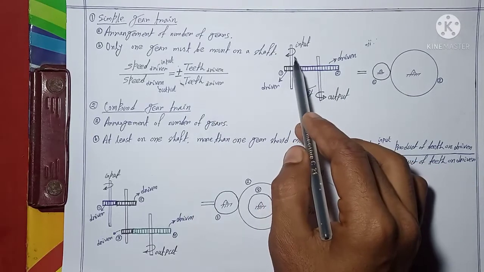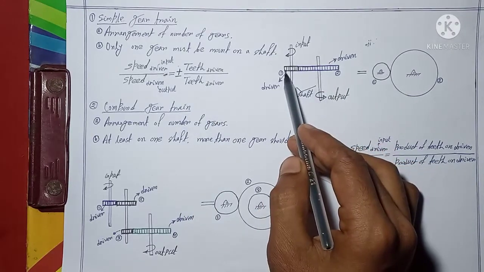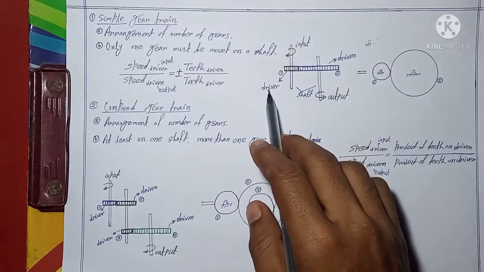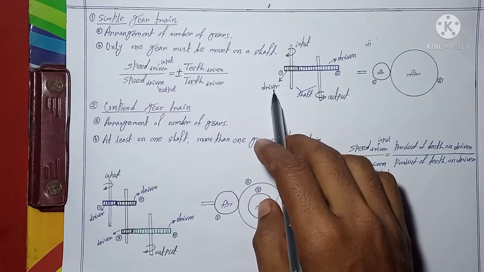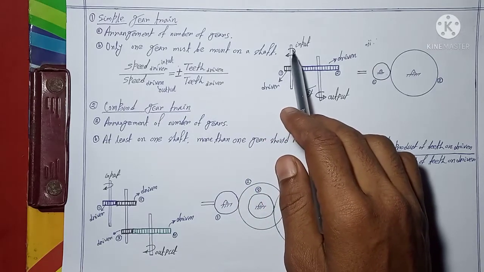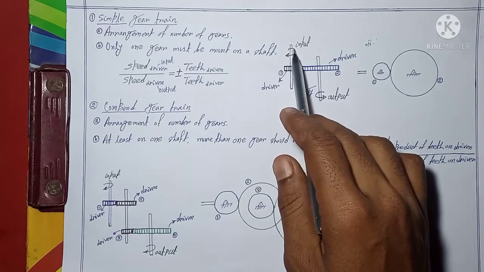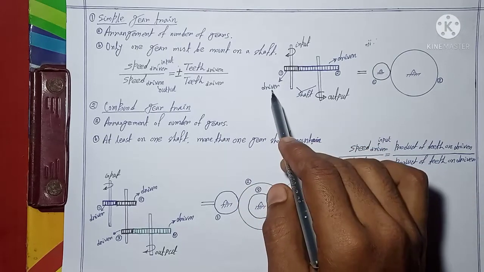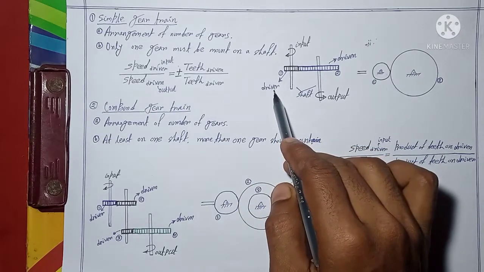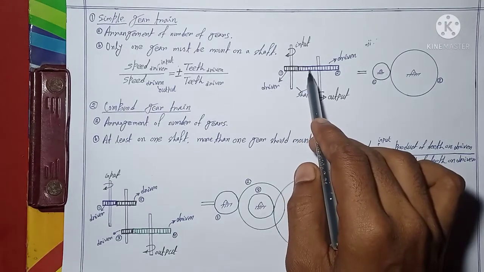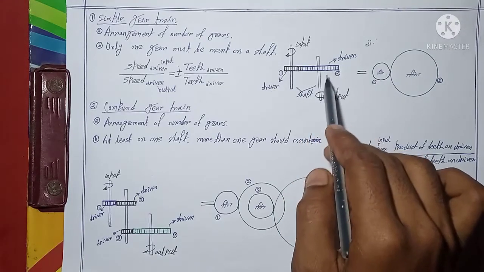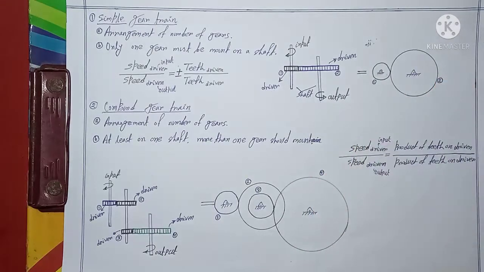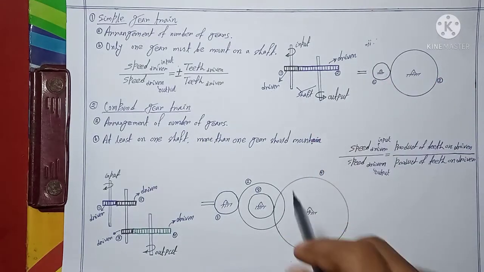So now this is the shaft, this is the other shaft, this is gear 1, this is gear 2. Now if we call gear 1 the driver, it means we provide the input to the shaft on which gear 1 is mounted. So this one is our driver. If this one is the driver, then this gear drives gear number 2. So gear number 2 is basically our driven gear. Up to now, I hope this is clear.